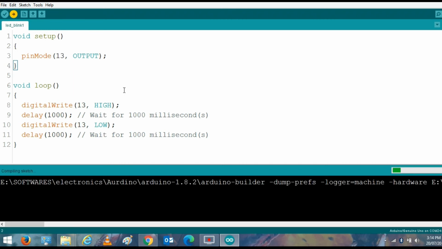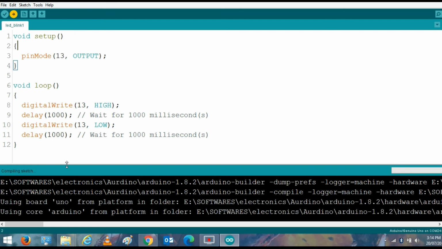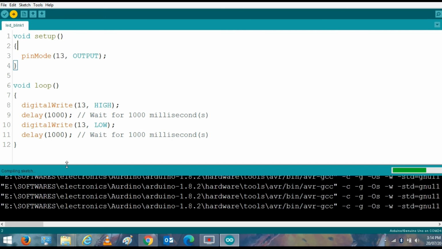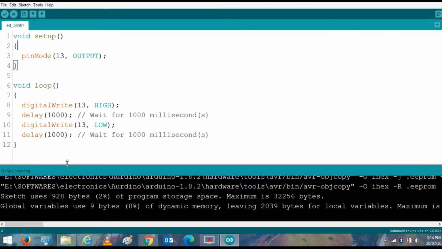First it will check the program like this. After a few seconds it will start uploading it automatically. Okay, so now it is done uploading. So you can now unplug your Arduino from your computer or PC.